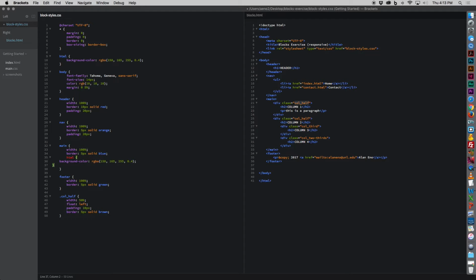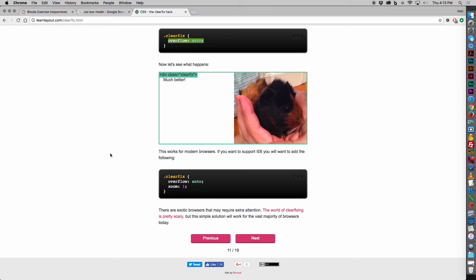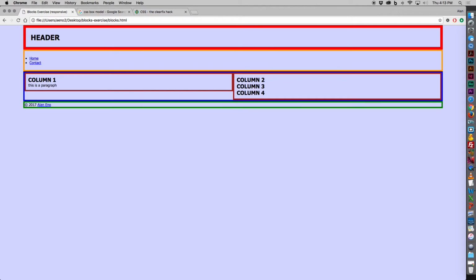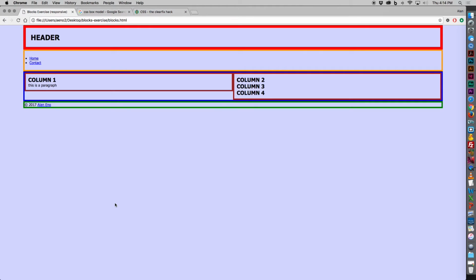So this, oops, I did not get it copied. Copy, paste, there we go. So overflow auto, I save that and then I reload. Now you see my blue box is back where you envision it that it should be. So I got to do that to the columns also. So I do column half and I just add that overflow auto, which is sort of a workaround,